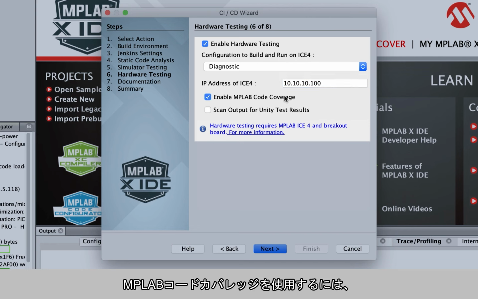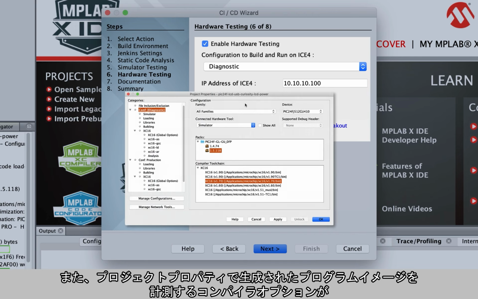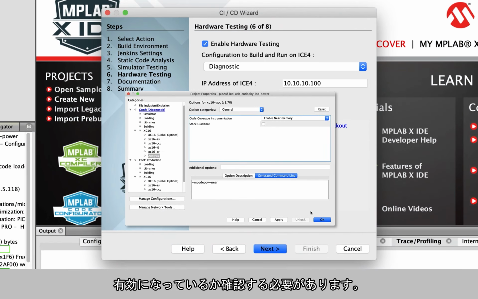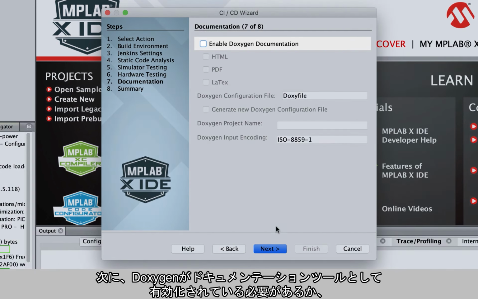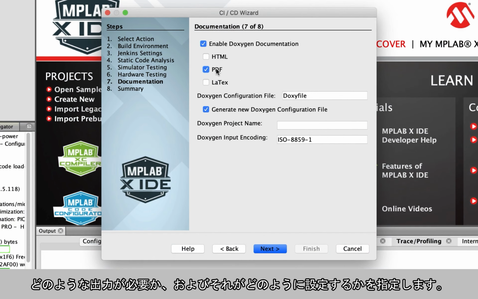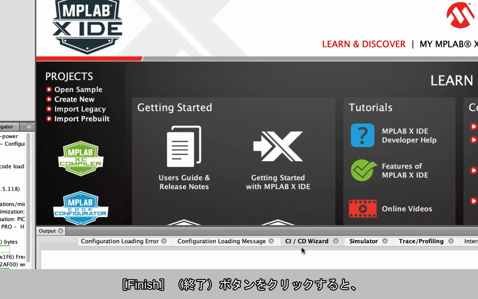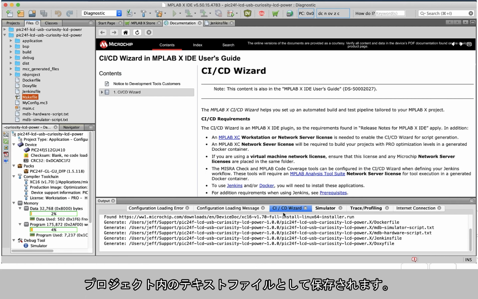To use the MPLAB code coverage, you must have a valid MPLAB Analysis Tool Suite license, and then ensure that the compiler option to instrument the generated program image has been enabled in the project properties. Next, specify if Doxygen should be enabled as a documentation tool, what output you desire, and how it should be configured. When you click the Finish button, the resources required to configure the CI/CD pipeline will be created and saved